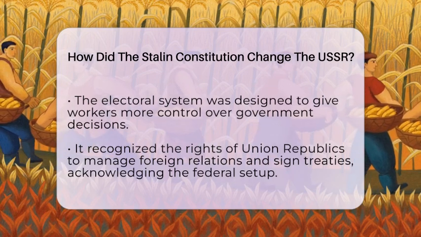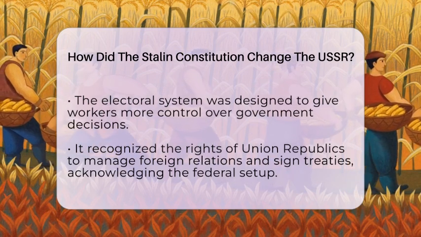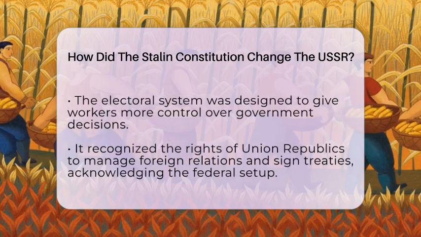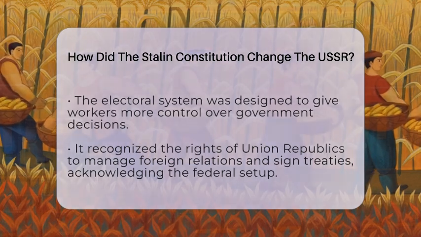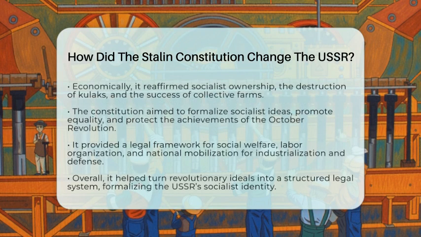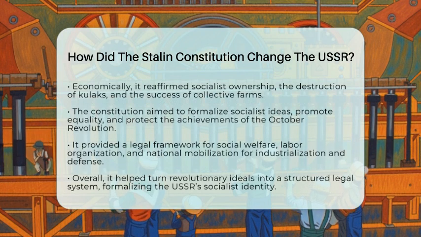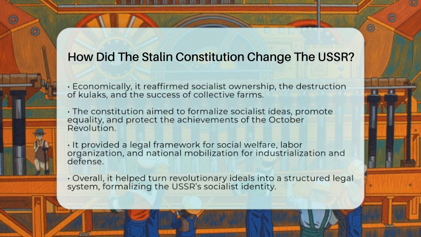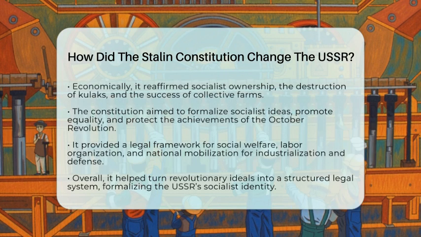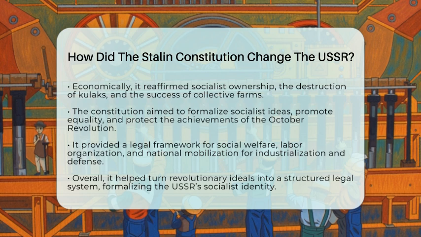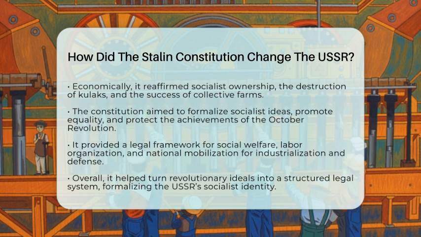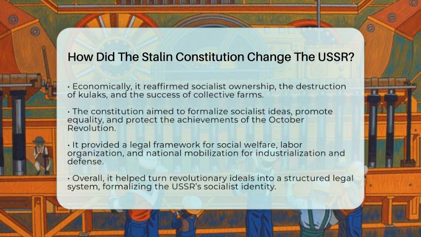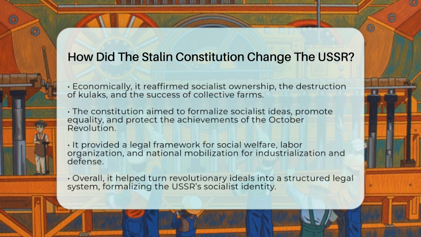From a communist point of view, the Stalin Constitution was a big step. It made socialist ideas official and aimed to turn the USSR into a true socialist state. It was meant to unify the people under socialist goals, promote equality among workers and peasants, and protect the achievements of the October Revolution. It also provided a legal framework for expanding social welfare, organizing labor, and mobilizing the population